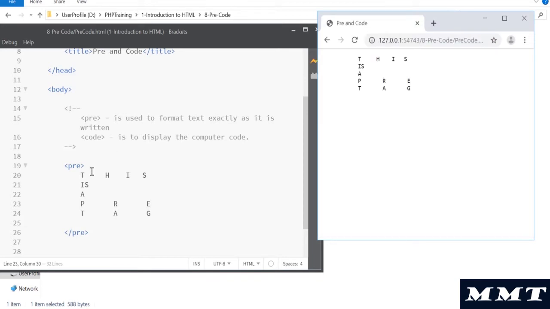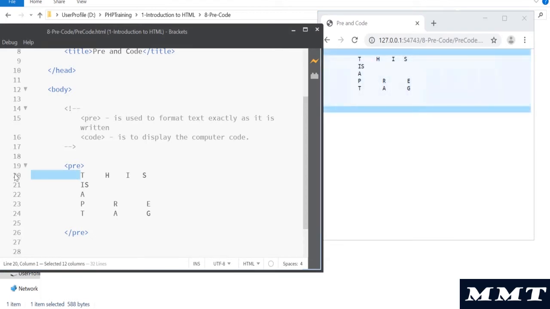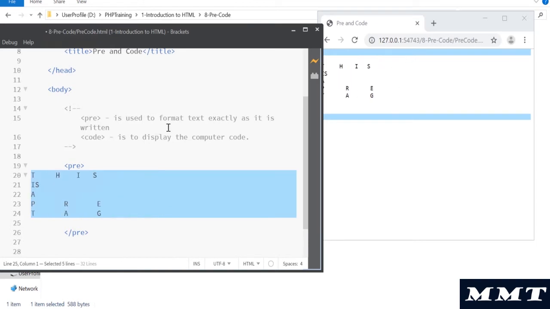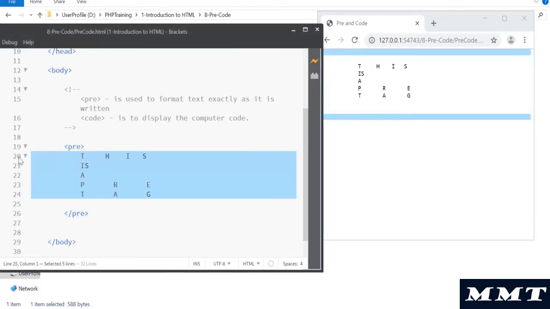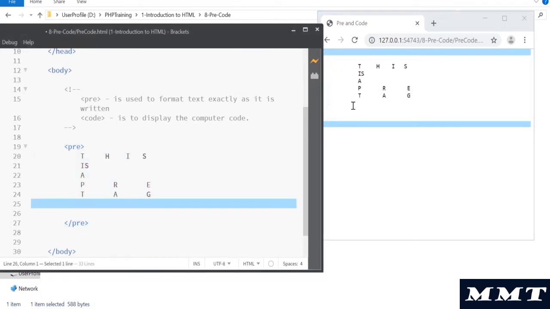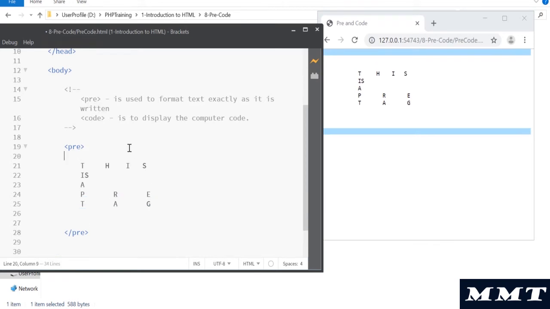If you look at the output, you will see exactly the same. Okay, even these spaces are included. Okay, if you want to remove that space, right, you see it's moving up here, right? And if you try to add that back, right, any space that you add here will be shown in the output and is exactly printed as you're writing inside it. That's the purpose of having a pre tag.